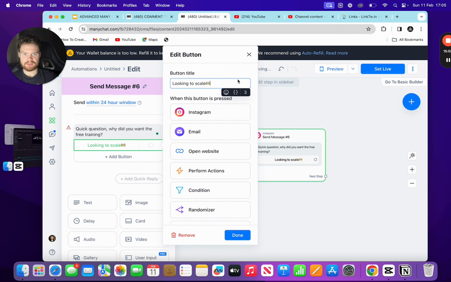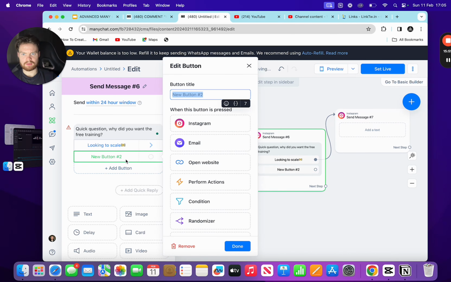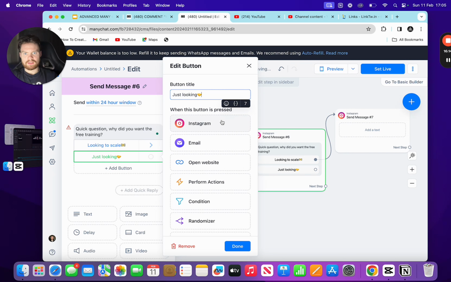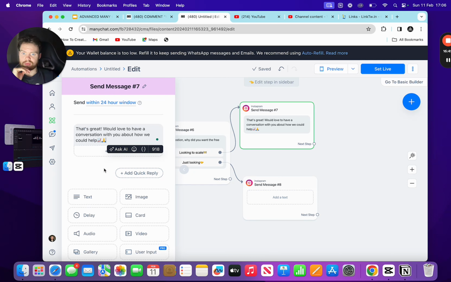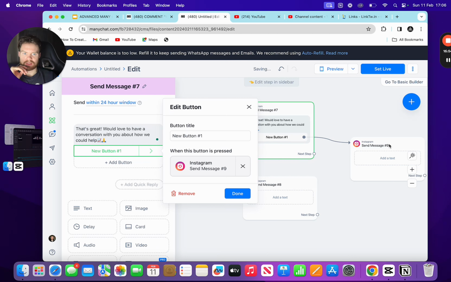And then you can press Instagram again, put that above here, and then click back on here, and then press that again, and then you can put "Or just looking." And then you can press Instagram again. And on the "Looking to scale" one, now this is where you're going to try to get them on a call. You can put "That's great, would love to have a conversation with you about how we could help." And then press new button,